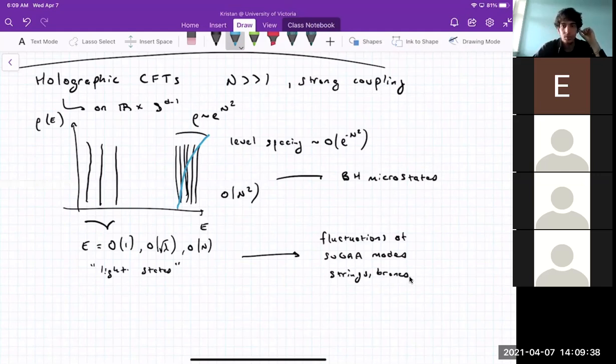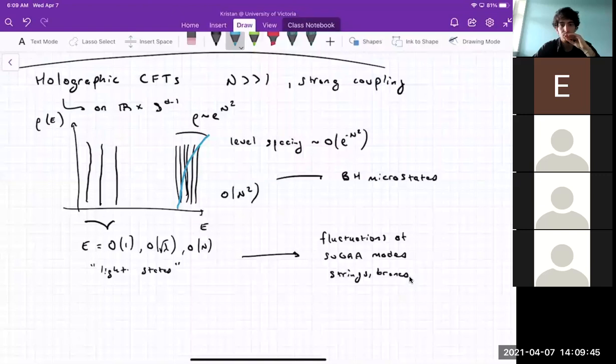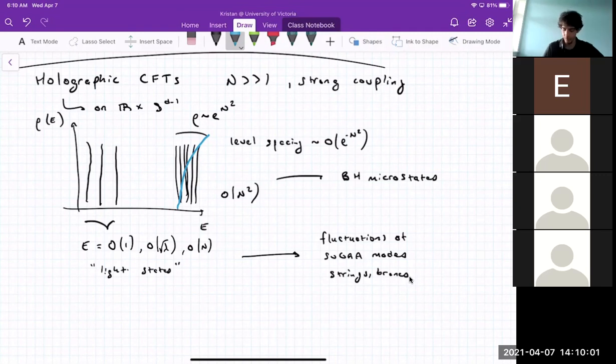And this continuous density of heavy states, well, what is this? Well, this is what you extract from black hole thermodynamics upon going from fixed temperature to fixed energy. You extract density of states. And what is the density of states that you get? Well, you get something like this blue curve, a coarse-grained approximation to the spectrum of heavy states in the theory. So that's what you get.